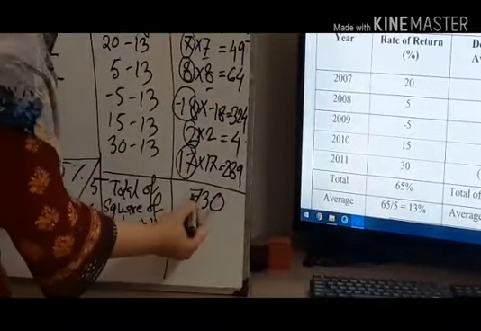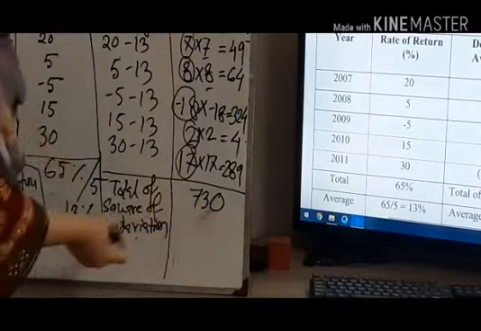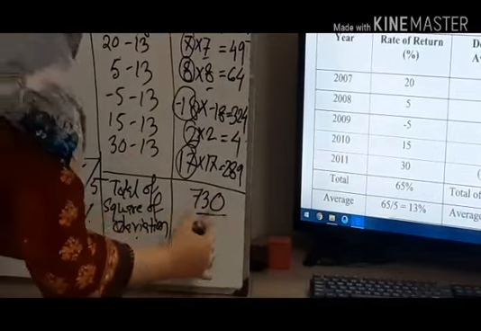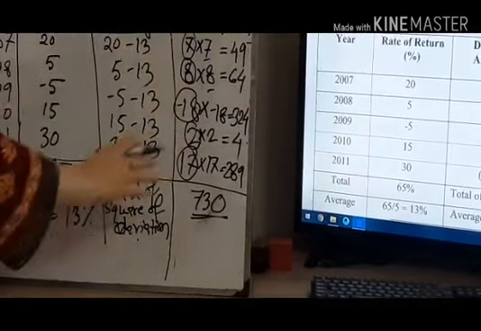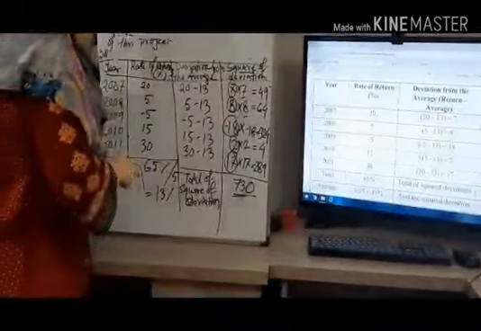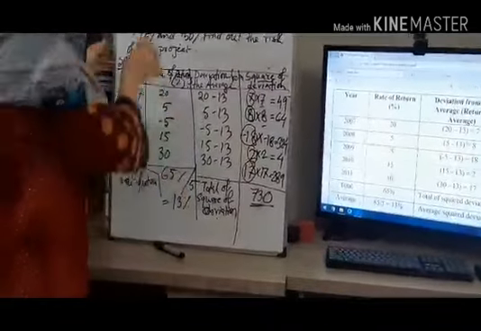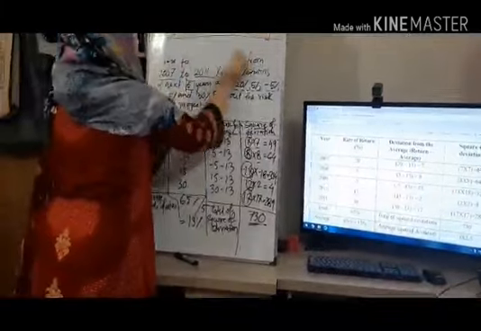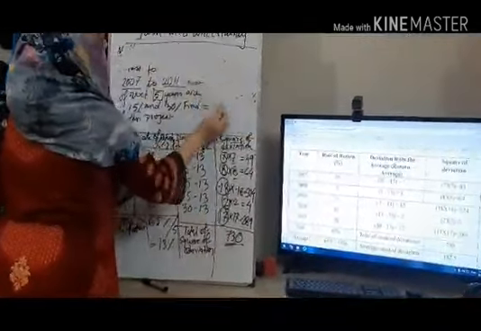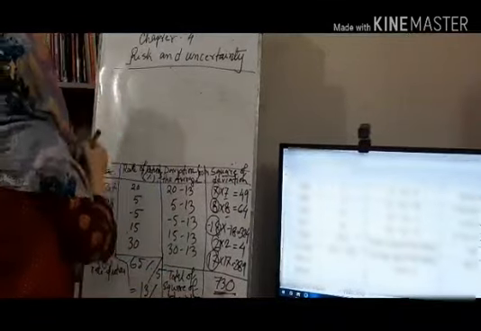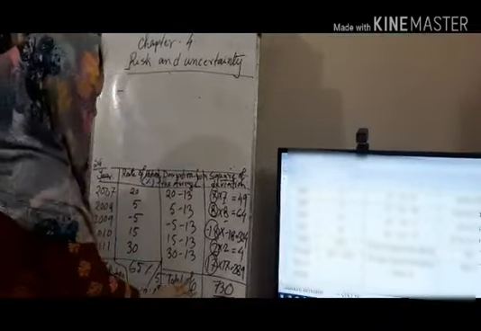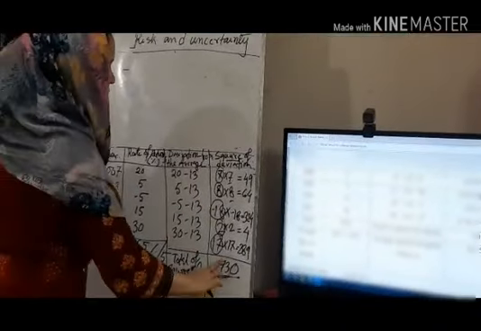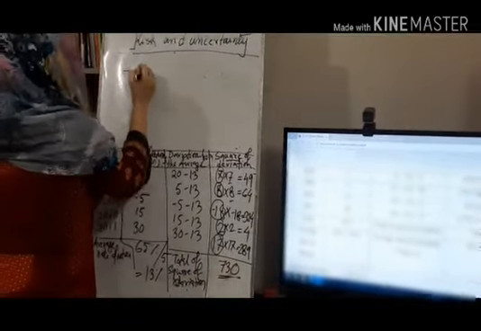The altogether 730. This is the total of square of deviation. This is a part of the math. There is no place to show here, so I have to remove it from here. And the last portion is here. The total of square of deviation is 730, and I have to find out the average